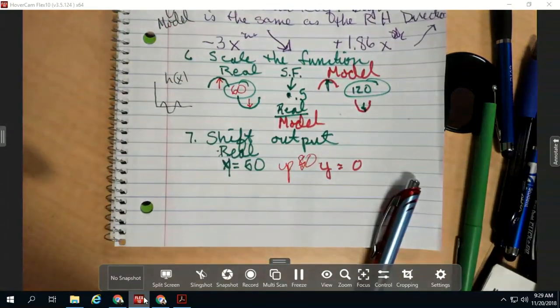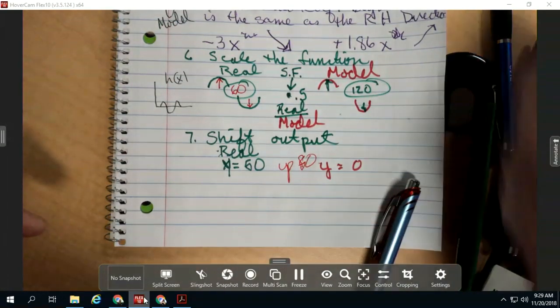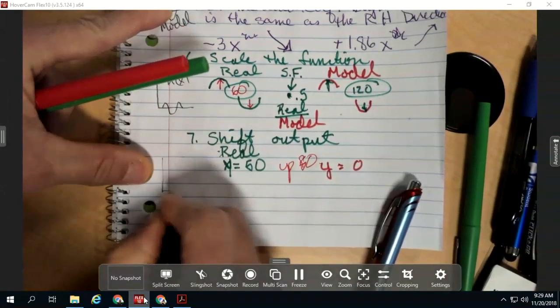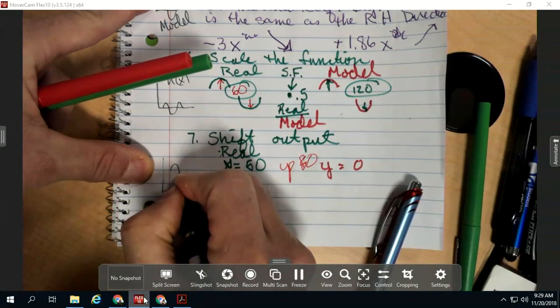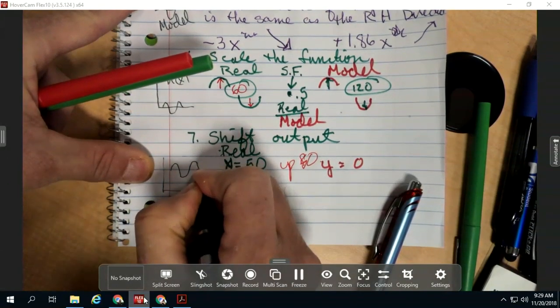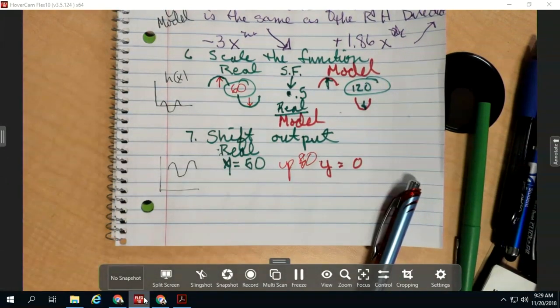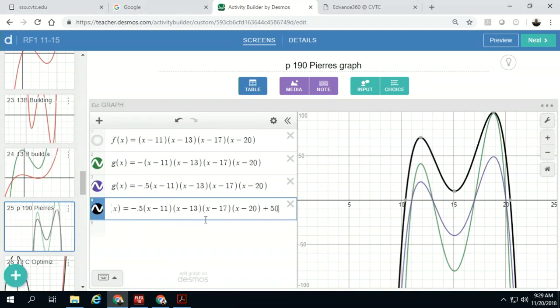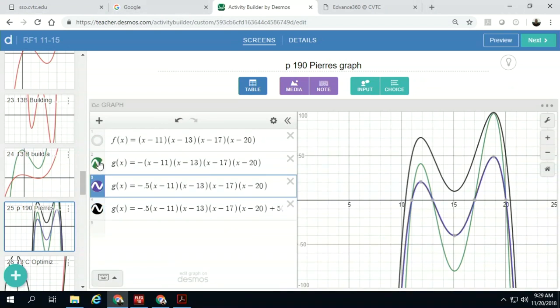So our graph now is going to go through 50 up. And now our model matches the real. Plus 50. Okay? Does that match